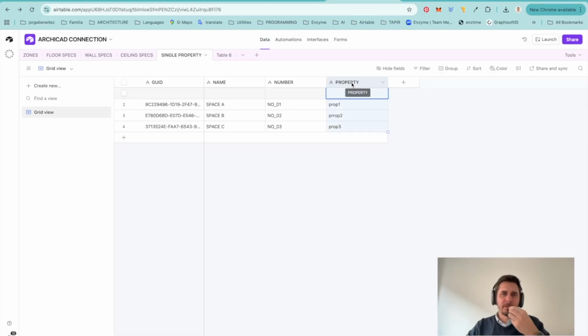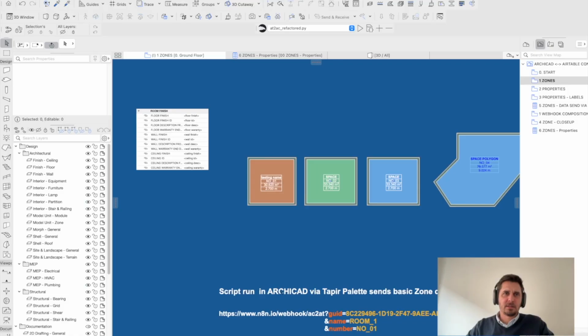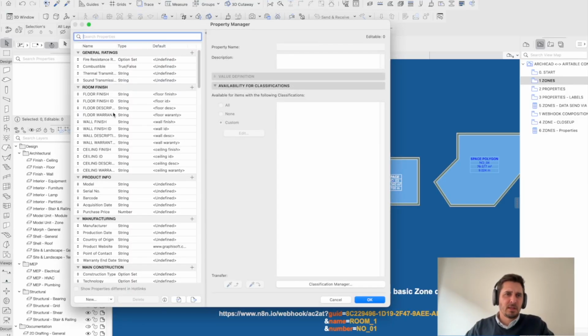So this is the property that we're gonna be sending. So in ArchiCAD, what we need to do is we have to go to the property manager in options, property manager, and we are going to have